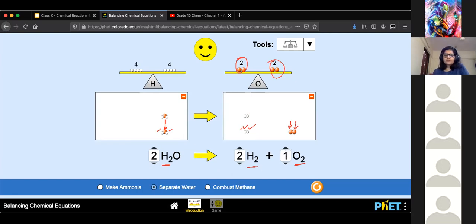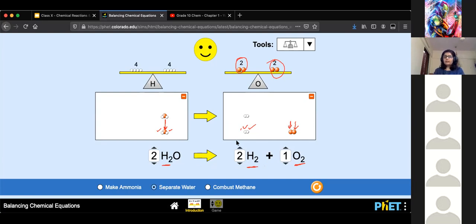Ma'am, yeah, Netri? I had a doubt. If it's given as H2O equal to H2 plus O2, we'll have to write it in the same sequence. Like if we write H2 plus O2 equal to H2O and then balance the equation, our marks will get cut in the exam, right? Yes, क्योंकि equation ही change हो गया ना.